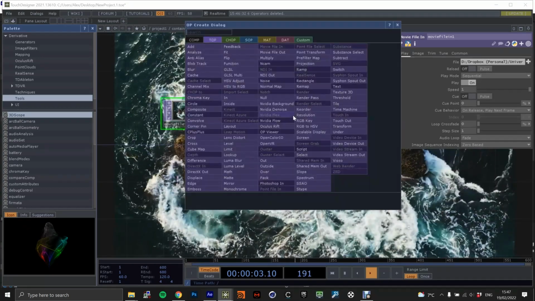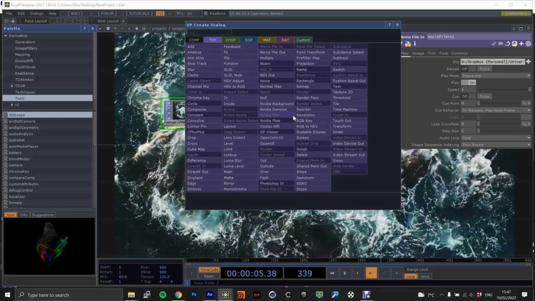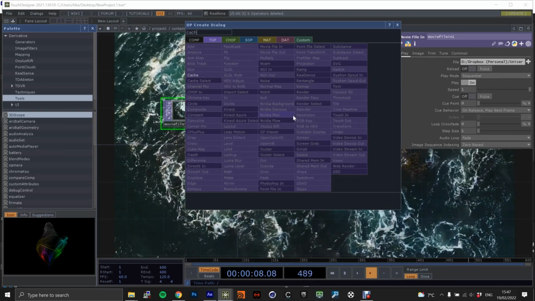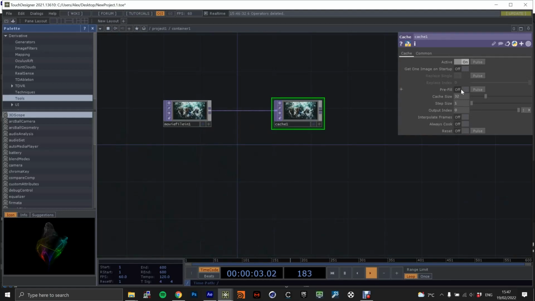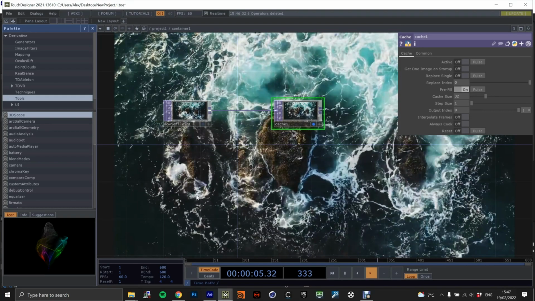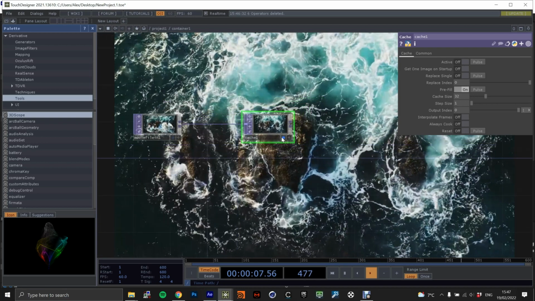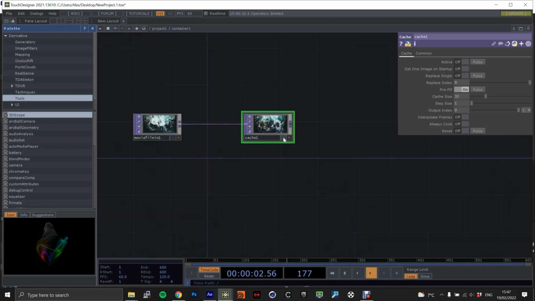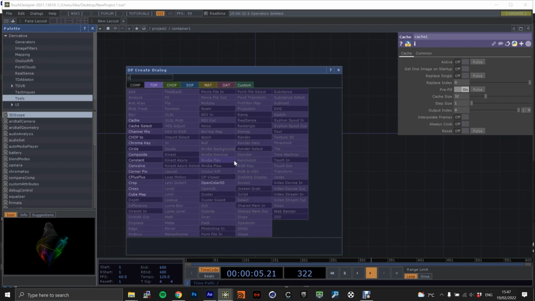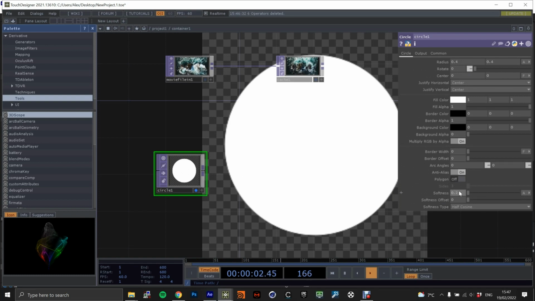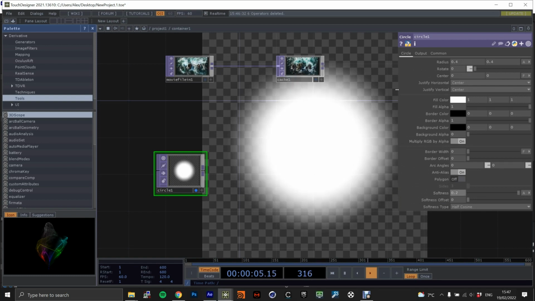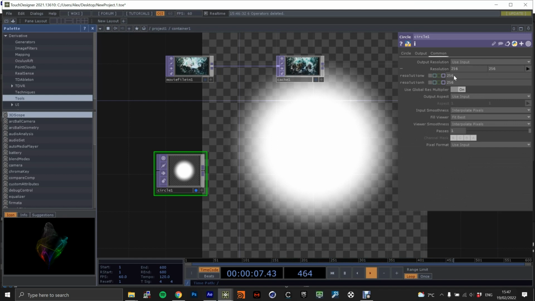And basically the first step is to freeze the video. So we have to open a cache node. And inside of the cache node, we have to activate the prefill button. And now it's freezing. And we don't want to do this all over the screen. That's very boring. So we create a circle. And the circle should be a little bit softer. So we increase the softness to 0.2. And the resolution should be